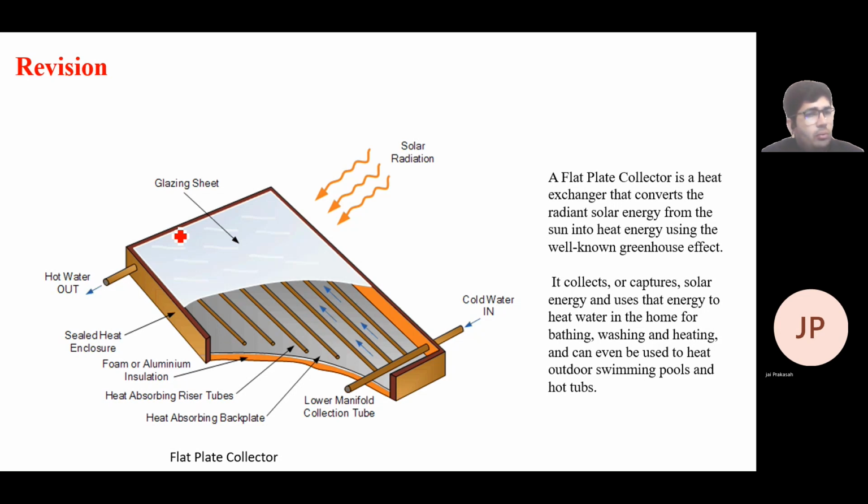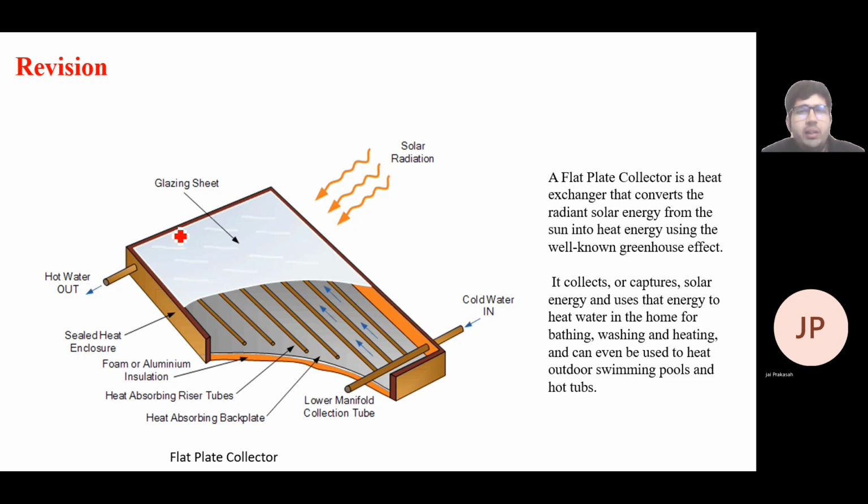So we have multiple devices and multiple technologies to tap the solar energy. Now we will cover some basic technologies which we have been using for quite a time. The first one is the flat plate collector. As the name suggests, there will be a flat plate, and collector means it collects the solar radiation. Solar radiation is collected on this flat plate, and with some mechanism, it will heat the cold water.